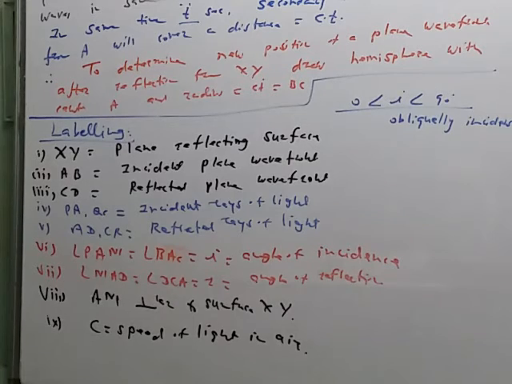So primary waves are moving toward the surface xy. Secondary waves are moving away from the surface xy from point A above the surface xy, but they have the same medium, they have the same speed like this. Only their directions are opposite. One is moving toward the surface xy, other is moving away from the surface xy like this. So in this way we can prove the phenomena of reflection of light.